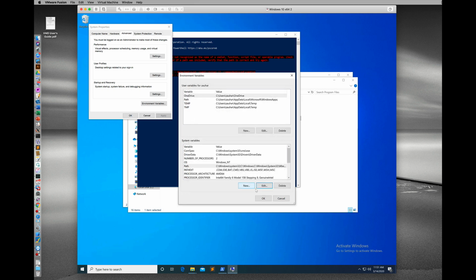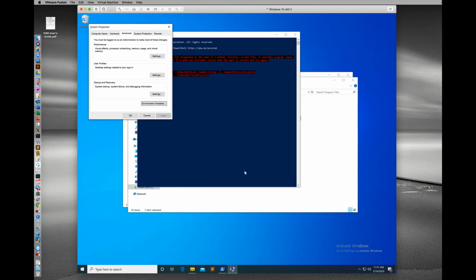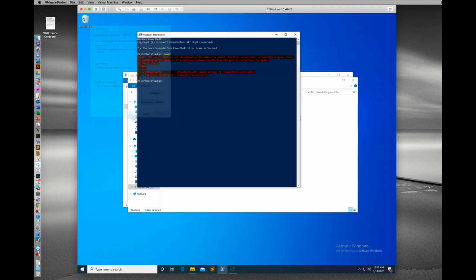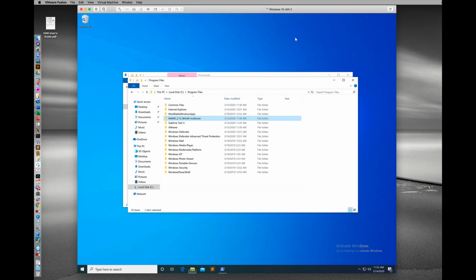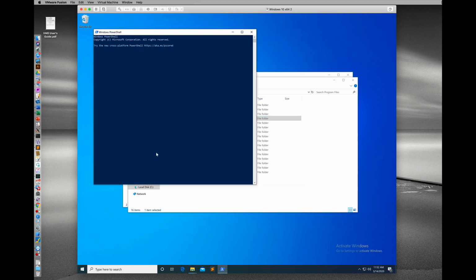So I'll accept that and make sure that we accept it everywhere, so it gets saved. Doing OK there too. So if I type NAMD2, I don't think it's going to immediately pick that up. It didn't get that change immediately, just as in the OS X shell. Let's kill this window and open up a new one. If I type in NAMD2,